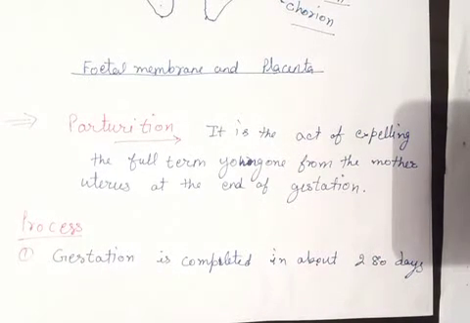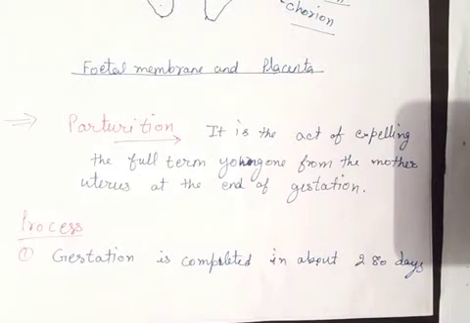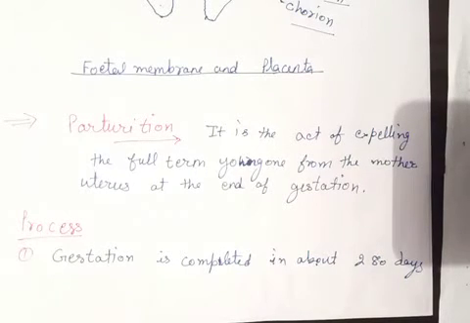After the pregnancy, the next 280 days are required for the development of a new embryo or new young one. When the gestation period is completed in about 280 days, the maternal body prepares to expel the young one from the body to the outside, called the birth of a new baby. It is a hormonal process that is triggered by hormones.